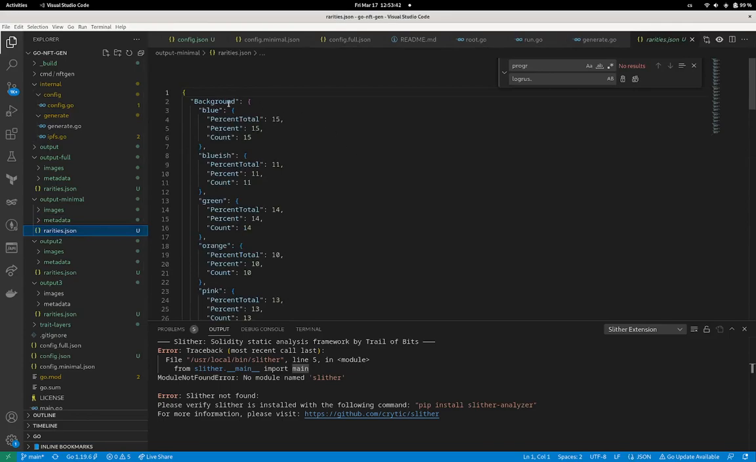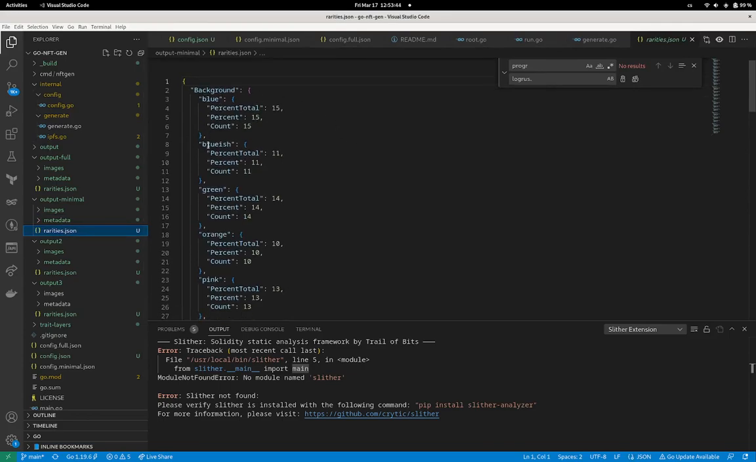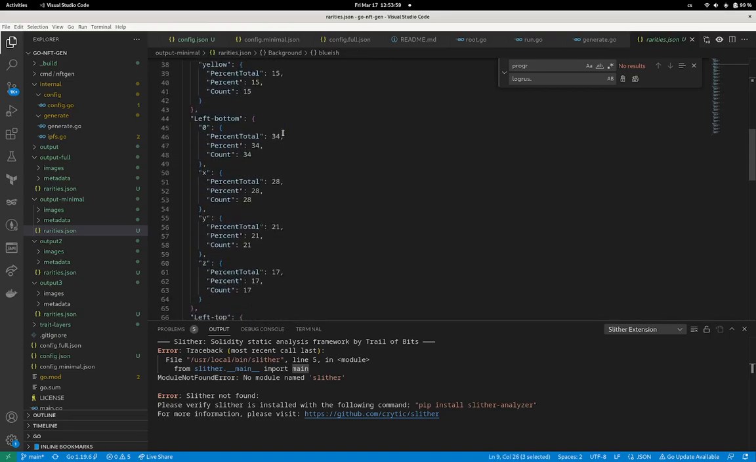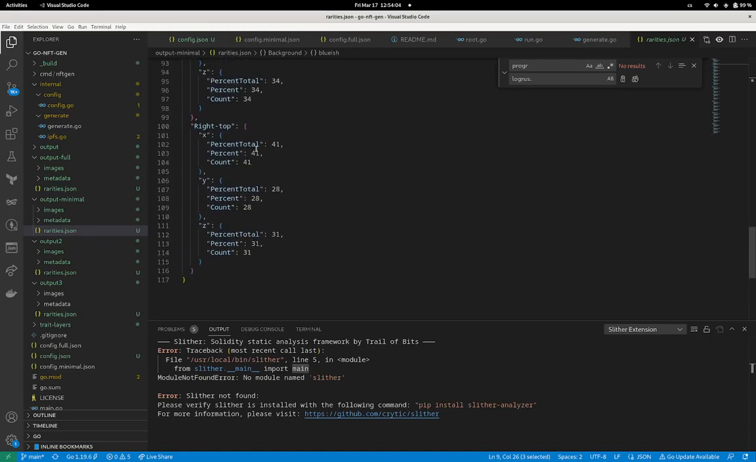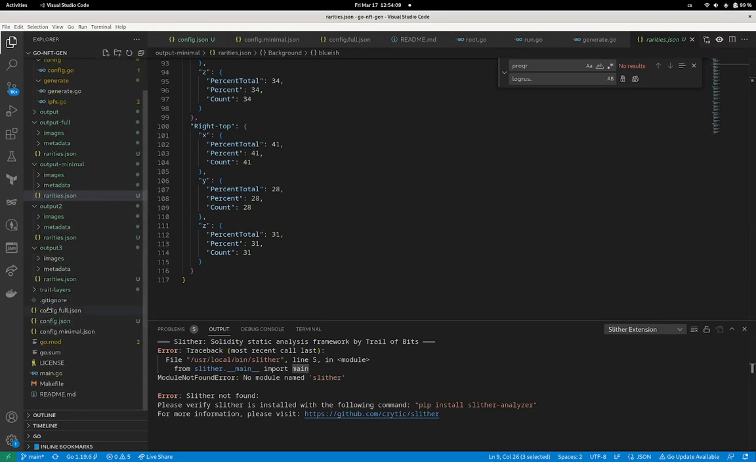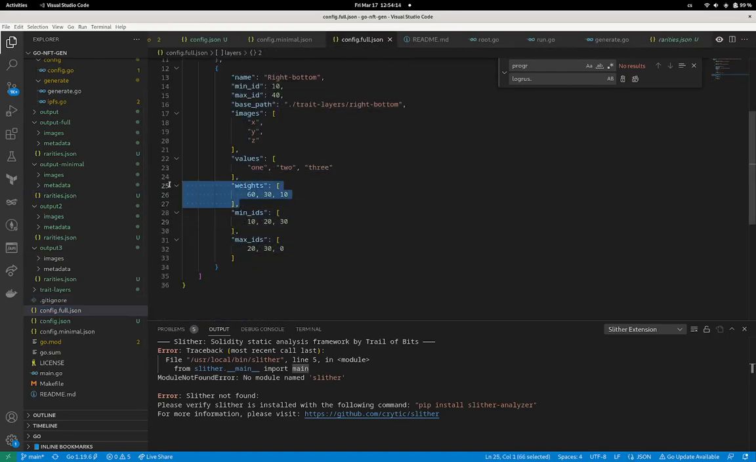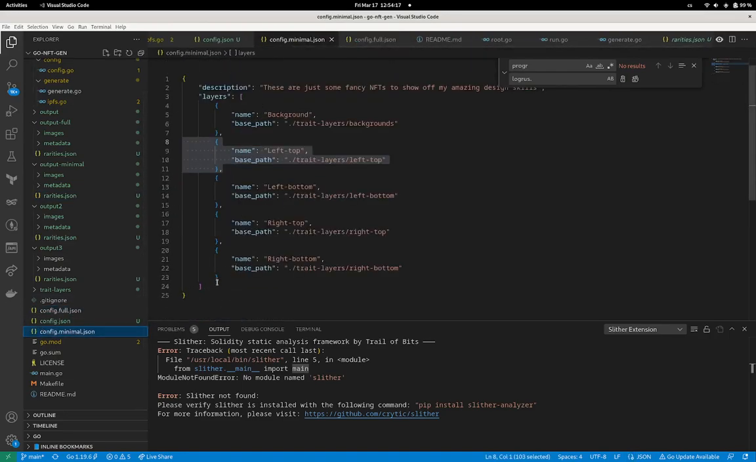So for each layer and each variant of that layer, we get how many times it actually appeared in the collection, and then what is the percentage among the layer variants and among all the NFTs. This is not that interesting here because we use basically a uniform distribution for all the various traits. If we wanted to add something more fancy, we can take some stuff from here and we can use the weights. Let's say for this last one,